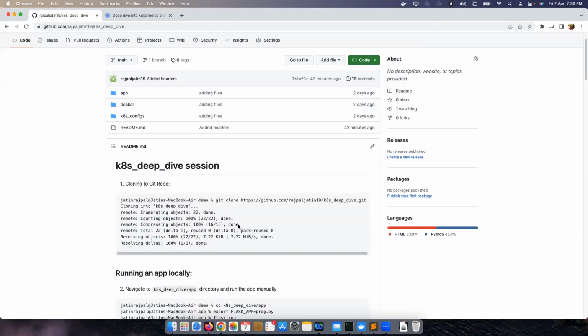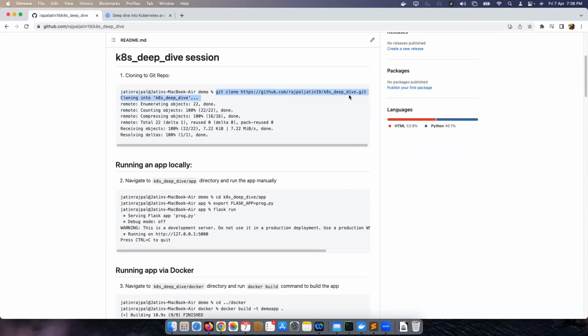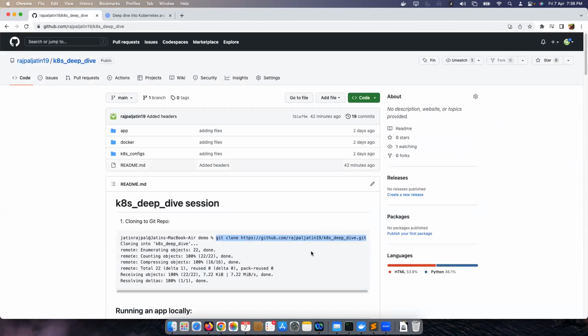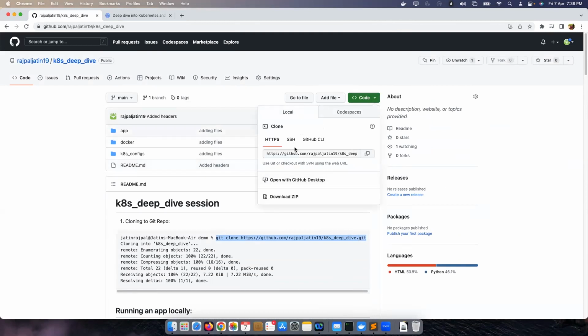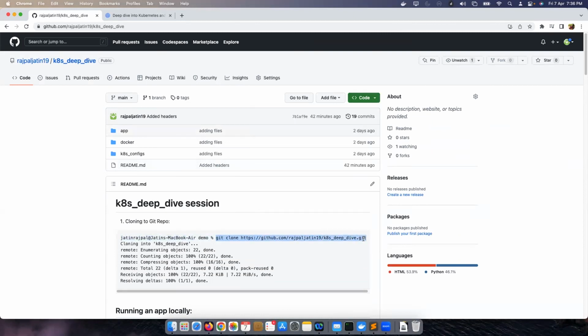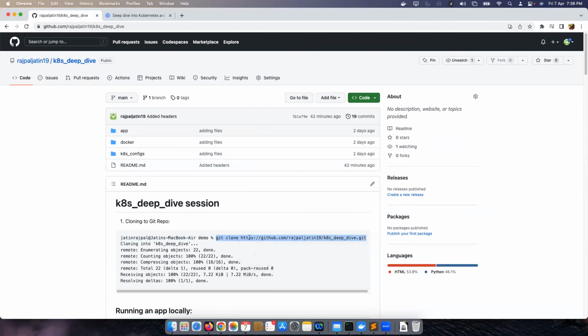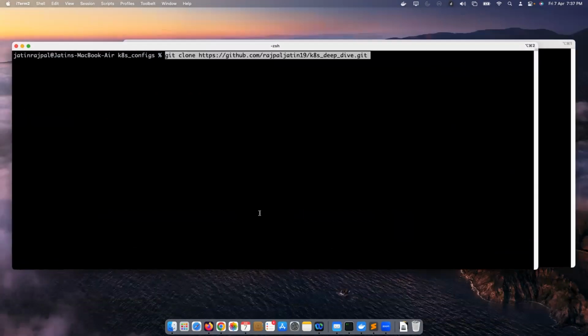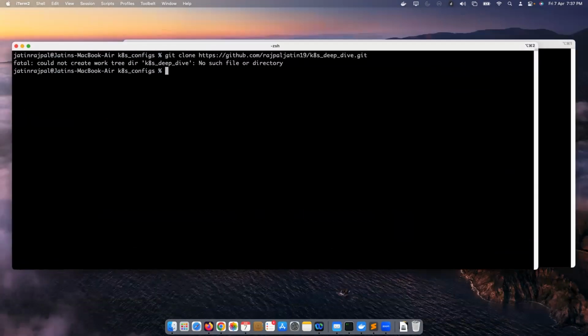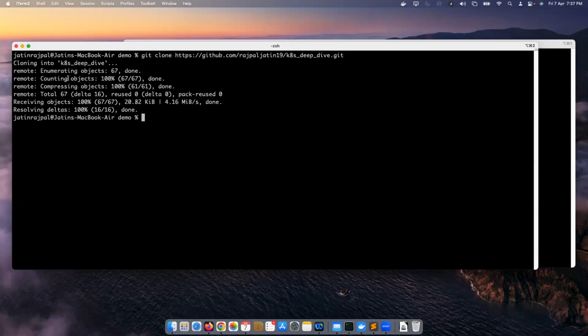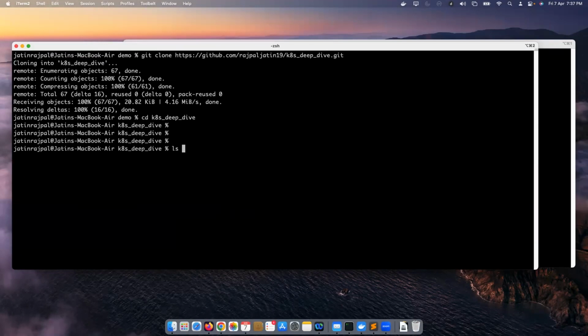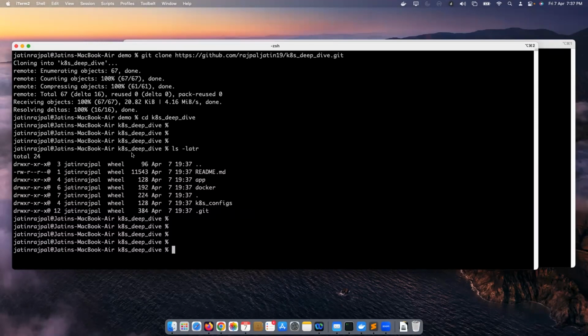Now, the first step is to clone this repo. How are we going to clone it? I've mentioned it here, but you can just go to your local, copy the HTTPS URL from here and do the git clone. This definitely requires a git client, so make sure that you have it before you run this command, otherwise it will fail. So we ran git clone and it cloned my repo. Okay, I've got my repo here.